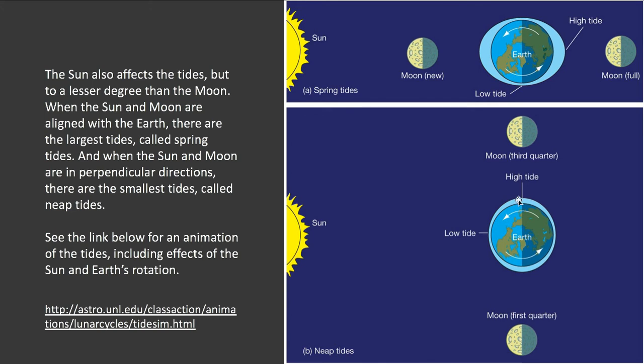Now, high tide is still going to be determined by wherever the moon is, because the moon's effect dominates. But the high tide won't be as high as it used to be, and the low tide, the difference between these won't be as extreme. And we call those neap tides, because the sun is pulling the water about this way. So the low won't be as low as it used to be, and the high won't be as high as